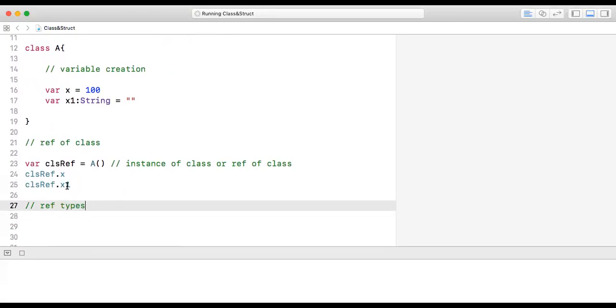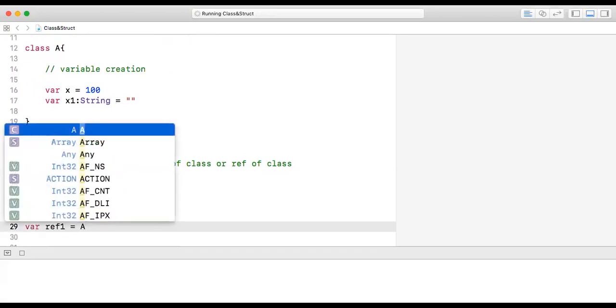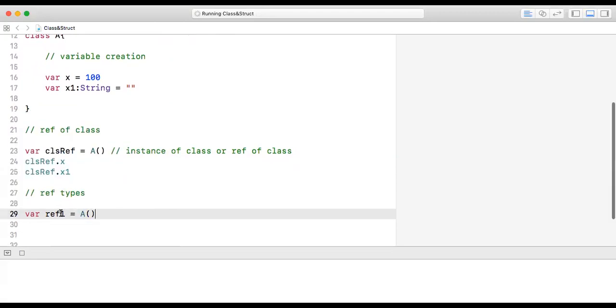Now we'll check why it is a class and why it is a reference type. Suppose here if I say this, what is the line of code I am writing? This is nothing but creating the reference of your class. Now what I'll do? I'll create two references for my class. Now we know this is reference one,